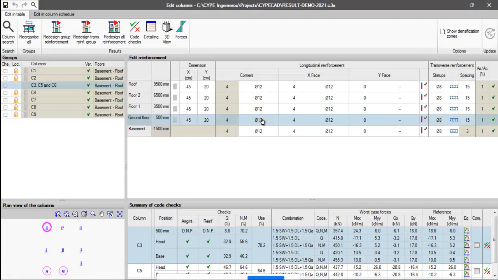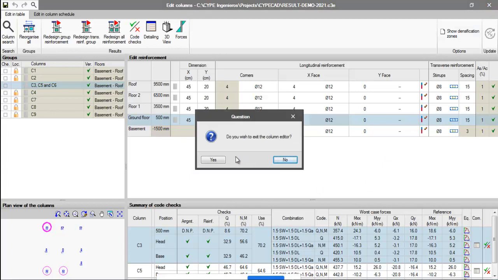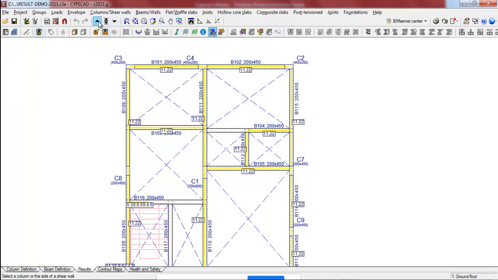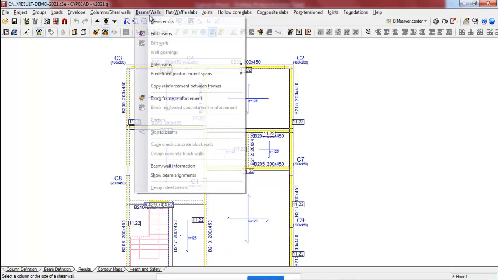In case you want to make some change, you can do so. You can increase or decrease the number of bars, or maybe the diameter. All those things you can do; that is also possible. Whatever is required, you can change. So this is about the column. Now the next thing is we will go to the beam design. Okay, I'm just selecting a beam design.